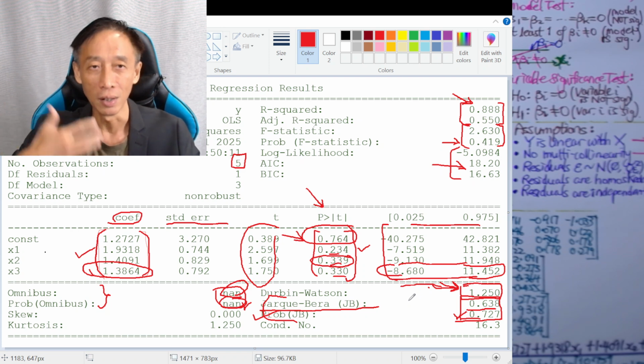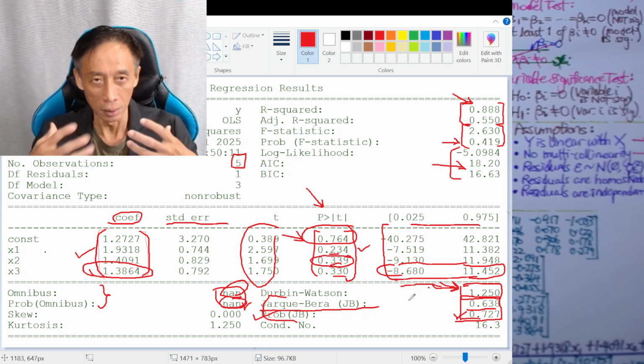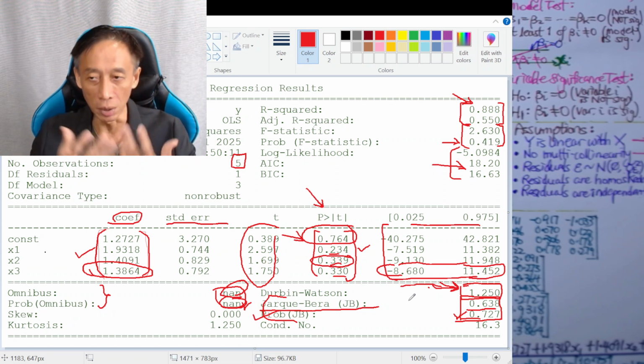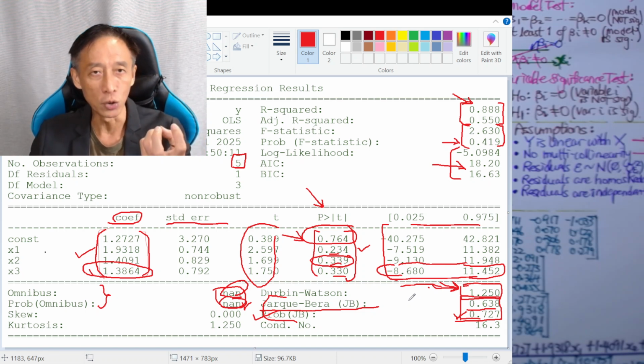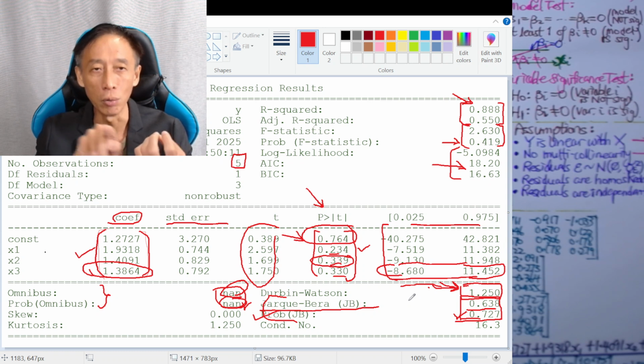There's positive reinforcement, correlation, right? So when your Durbin-Watson is close to 0, there is strong positive correlation. I know this current residual predicts or strongly correlates with the future residual